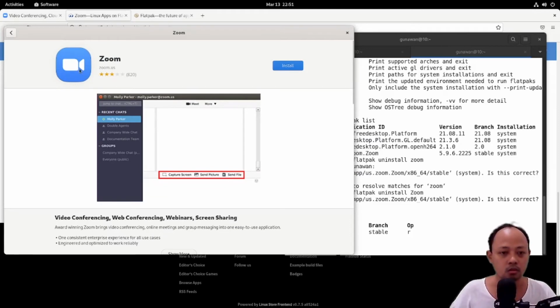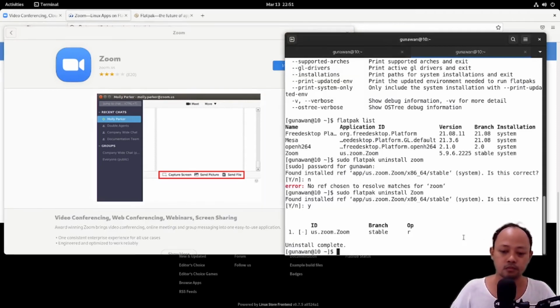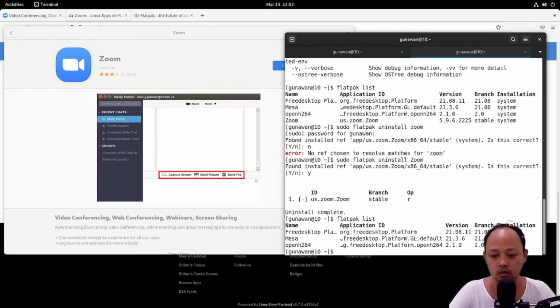Okay, so in the software manager, the status of Zoom is not installed yet. So in here we will try to search again. There's no Zoom. So I think the installation process and the uninstallation process with Flatpak is running well.